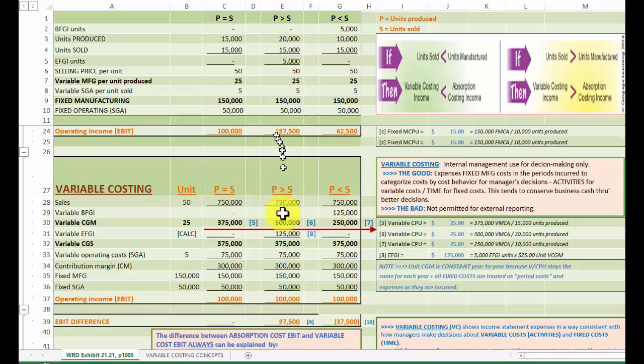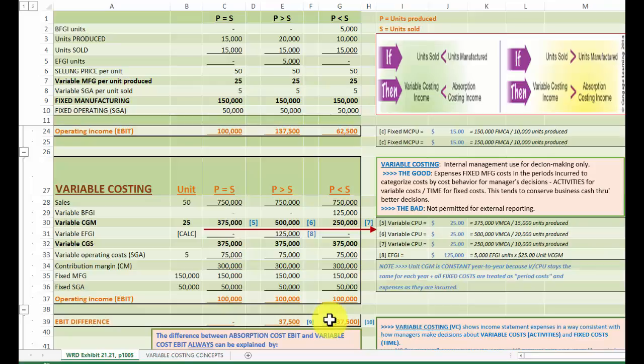In the second period, there would have been 5,000 units of ending inventory to hide some of the fixed manufacturing costs. So there is a $137,500 less $100,000, $37,500 difference between variable costing and full absorption costing. Full absorption costing was $37,500 more than variable costing. And in the final year, operating income under full absorption costing was $62,500. We had variable costing of $100,000, so variable costing showed